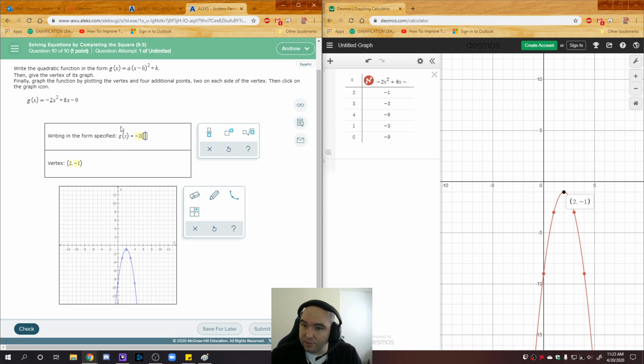And on the last problem, it was 2, and then vertex form was 2. And on the first problem, it was 3, and the vertex form was 3. Okay? Now, because we know what the vertex is based on the graph, we can just reverse engineer some vertex